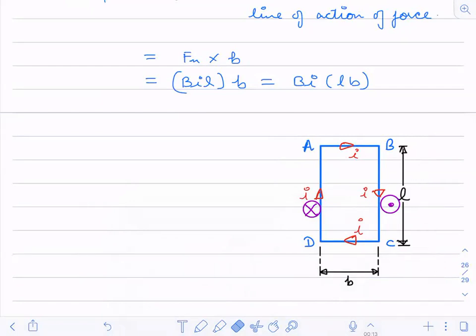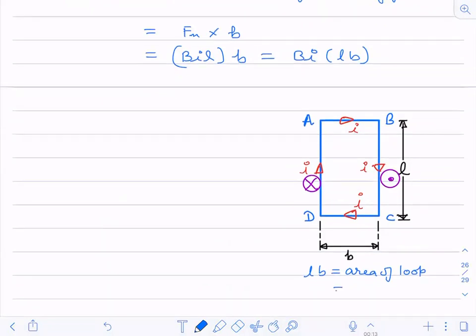What is B into L? Is it the area of the loop? Yes, L into B is the area of the loop. So L into B I can write as capital A, where A is the area of the loop, okay? So this torque now becomes